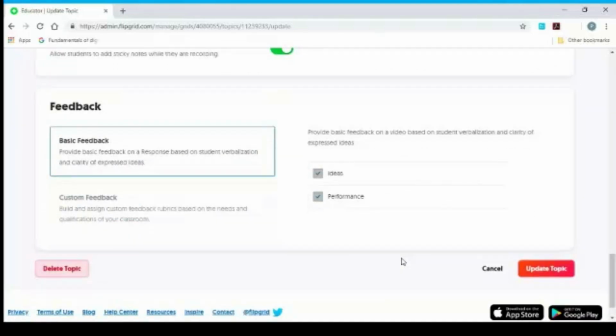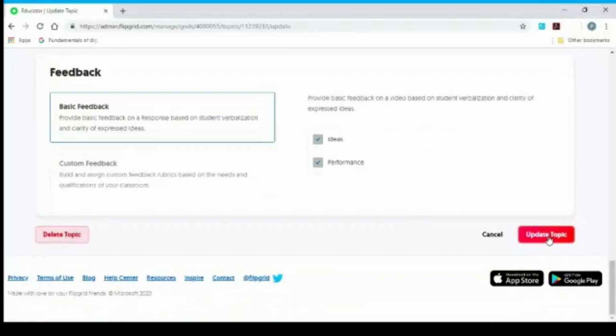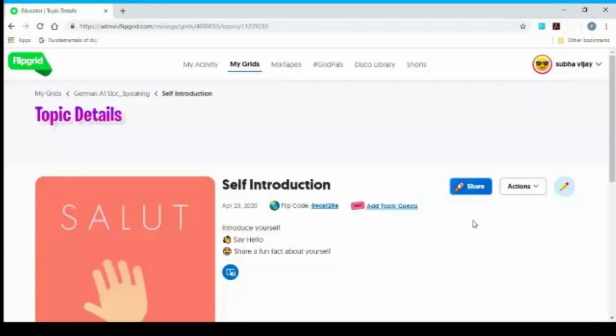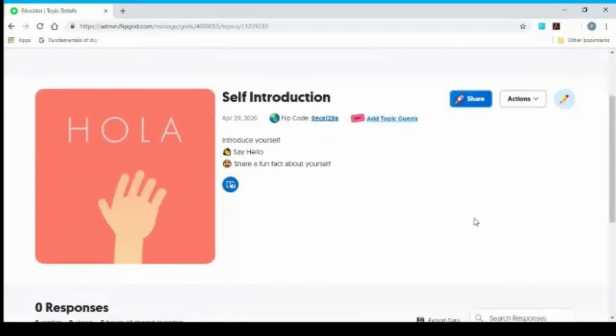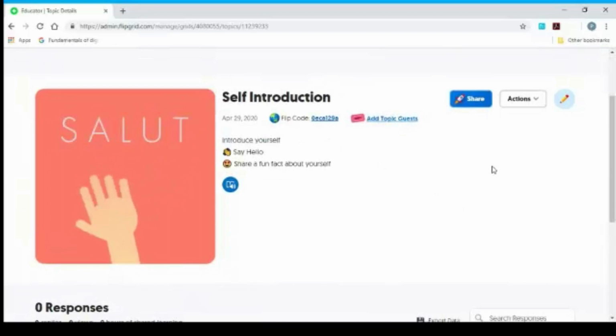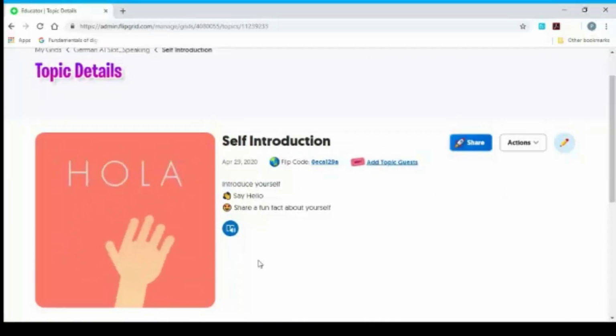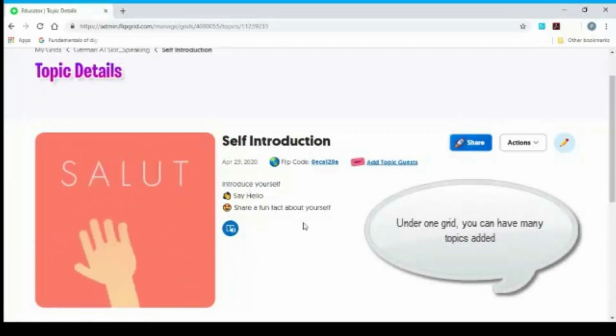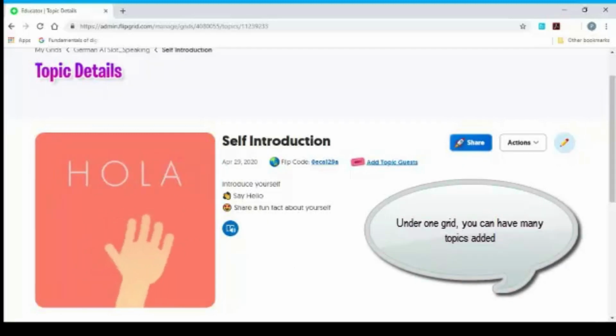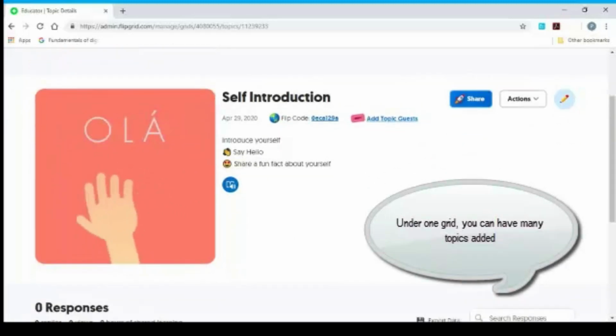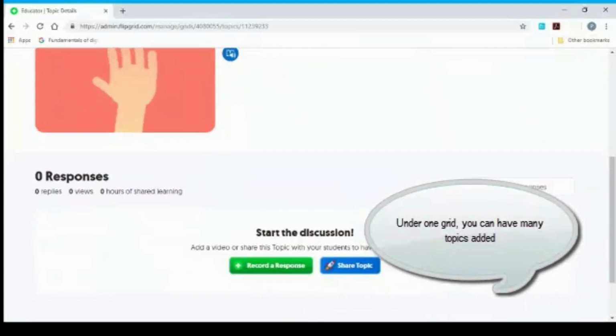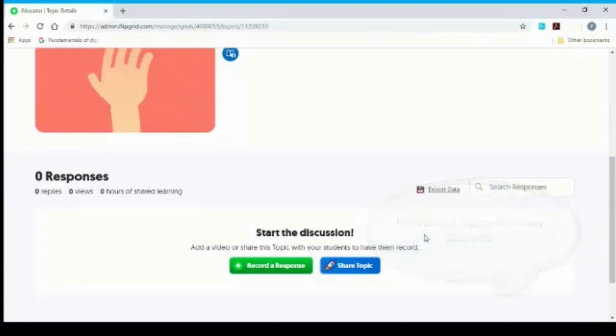Feedbacks, if you want to provide feedbacks, you can customize that, and you can update the topic. So once you go through all these settings and create accordingly, your grid has the first topic ready. So it is like this. Self-introduction is the topic. The question is here, and right now there are no responses.